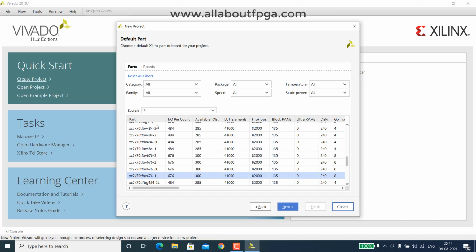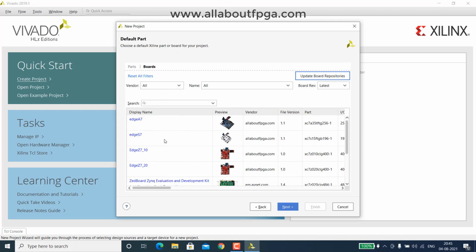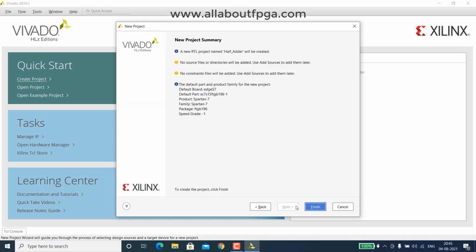So we have to select the Spartan 7 FPGA with the exact specification. Either you select under these categories, or you can go to Boards and select the appropriate board. Here we have an Edge Spartan 7 option, so we select this Spartan 7 and click next.